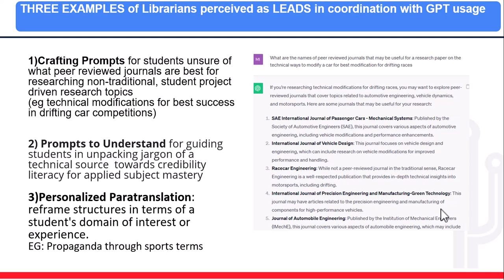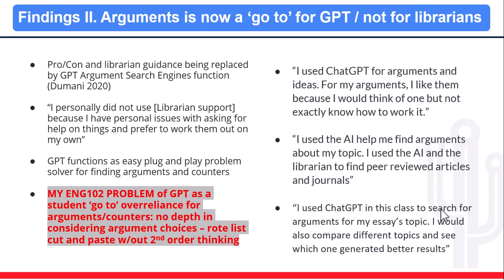Now, here is a part that created a little bit of dissonance with what the role was for ASK-A-LIBRARIANs, reference librarians, or library instruction, where students did feel GPT was more useful. Again, on the right side are some quotes related to where they felt GPT was better than the equivalent librarian support. And on the left is my dilemma as an instructor, where I want to see critical thinking and not just using GPT as a form of search engine.